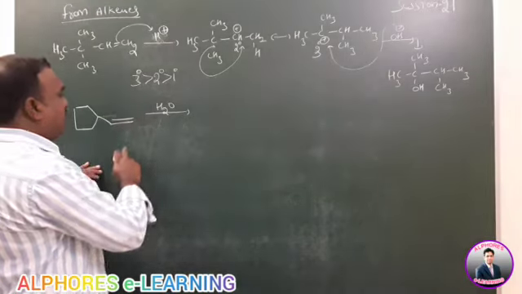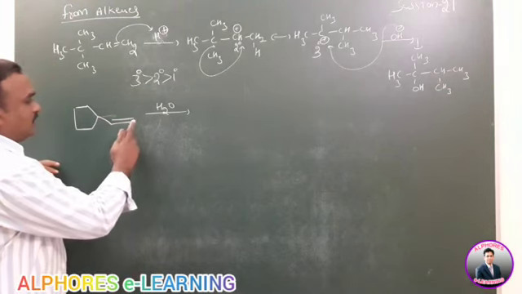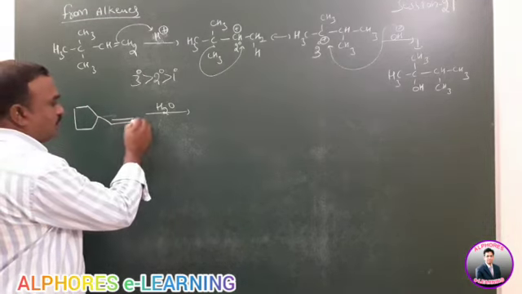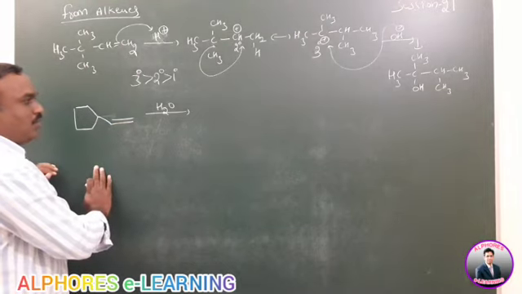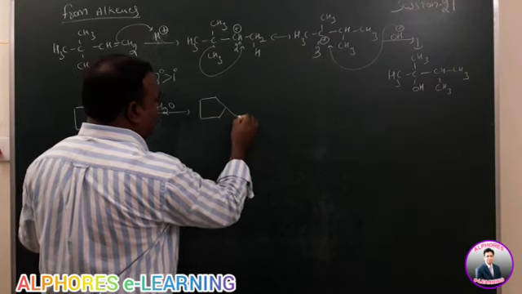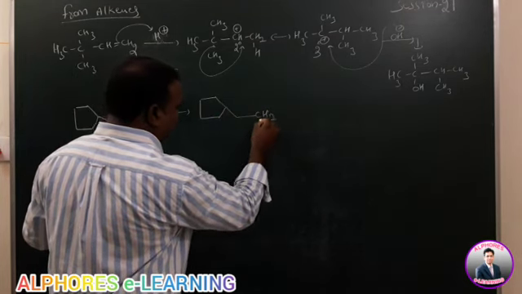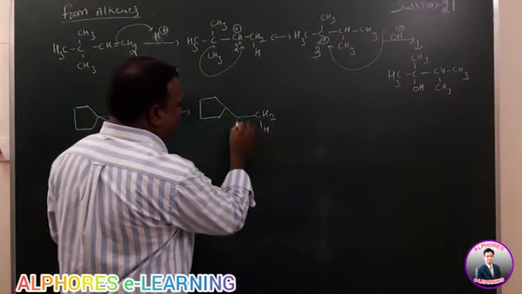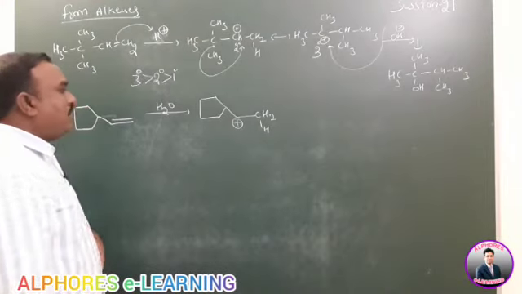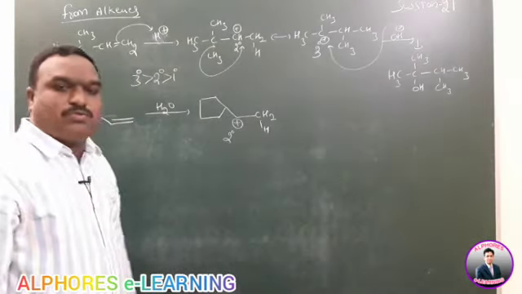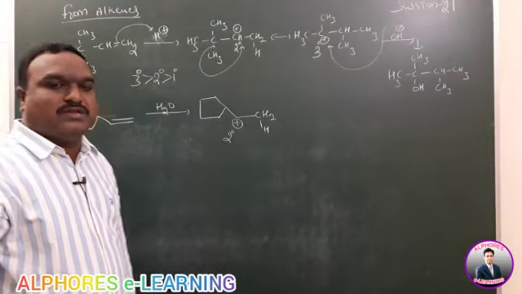So the first step is the electrophile attacking step. Here CH2 group, here H. The electrophile is added to this one, reason: number of hydrogens are more here according to Markovnikov rule. Then the first step is the electrophile attacking step. Here CH2H, it is going to lose the electrons, means it gains positive charge. The formed carbocation is a secondary carbocation.